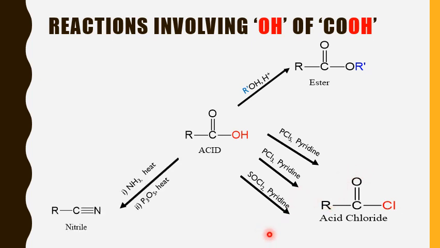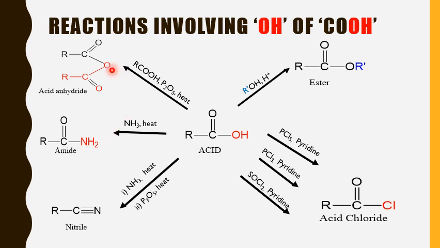And the next reaction, which involves only the hydroxyl group, is heating with ammonia, and then P2O5. There is a typo mistake, P3O5 has come. So upon heating with ammonia, you will get an amide, and then by dehydration with phosphorus pentoxide, a dehydrating agent, you will get RCN. So this is a higher step. Also, upon heating with ammonia, the OH group of RCOOH will be replaced with an NH2 group, hence forming an amide.